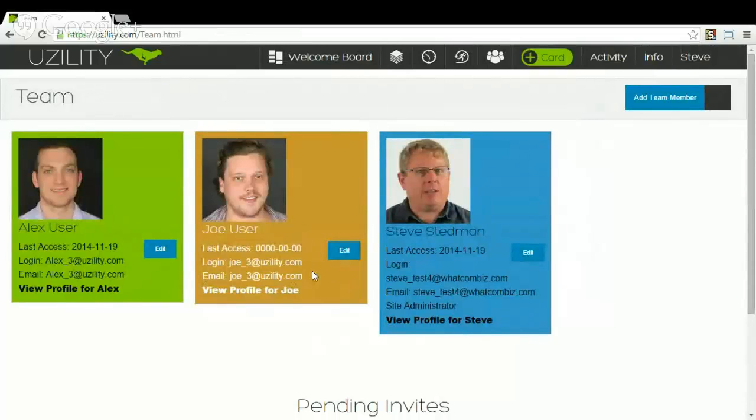Now, when I added each of these team members, they would have received an email with information to click through and log into the site, as well as their default username and password, getting them logged in and able to use the site. Okay, so now that we've built out our team, let's go back and take a look at